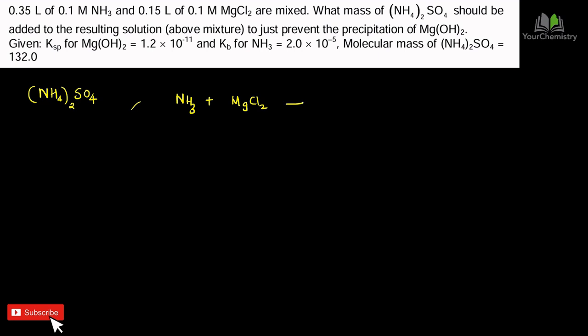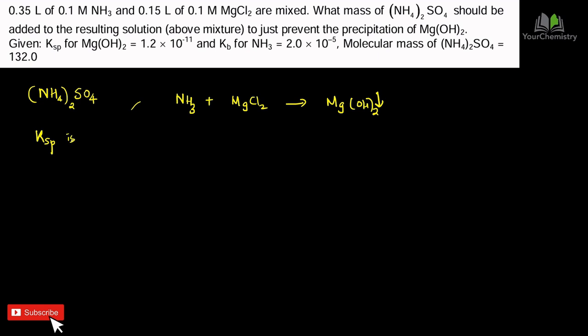There forms a precipitate of magnesium hydroxide. So how can we stop this magnesium hydroxide being precipitated? So that is the question. By adding some amount of ammonium sulfate. And you know,